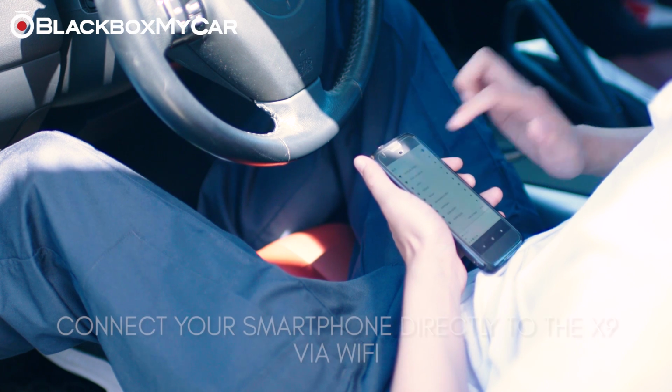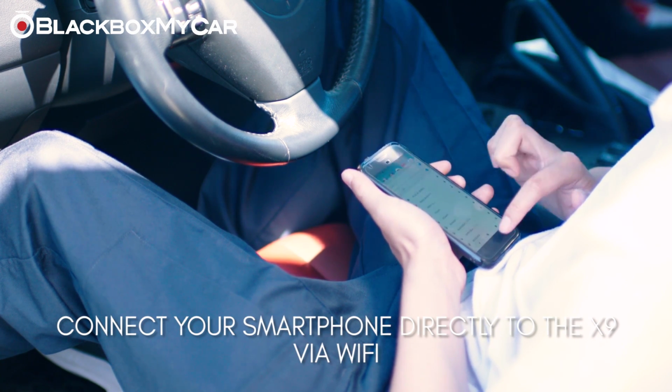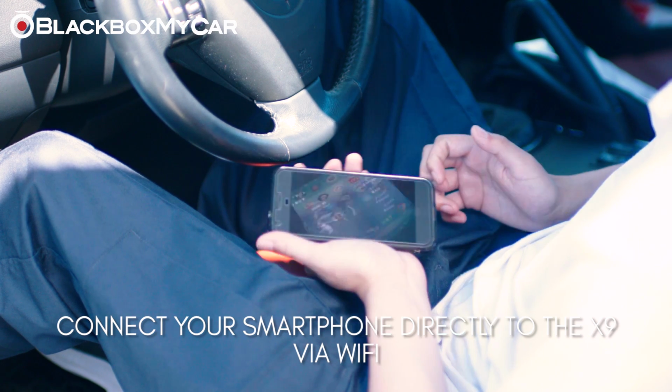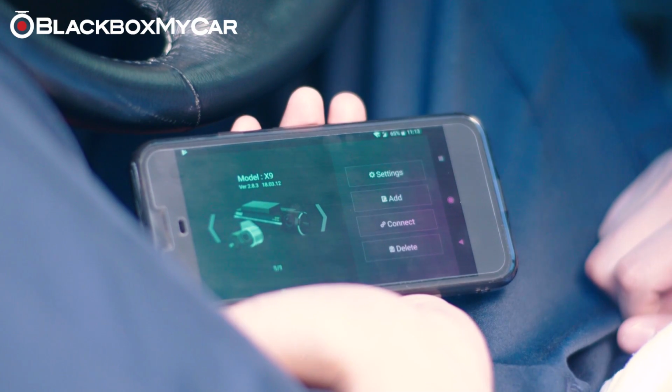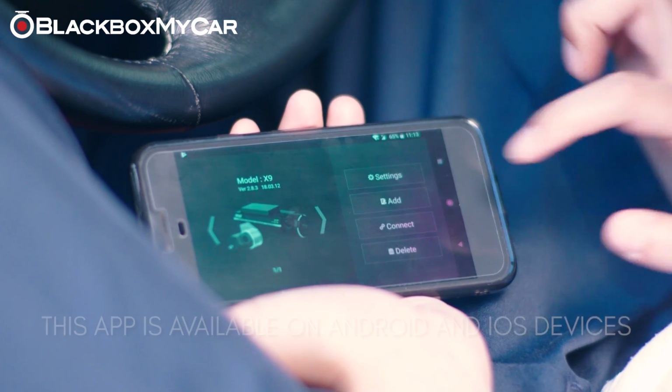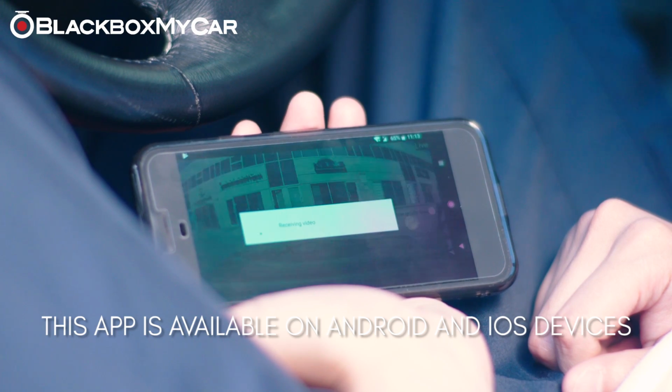The first thing you need to do is connect to the X9's built-in Wi-Fi network using the password provided by IROAD's documentation. Once connected, make sure that you have the right dash cam on your menu. From there, you can adjust settings, add another dash cam, connect to the X9, and as you can see, we're